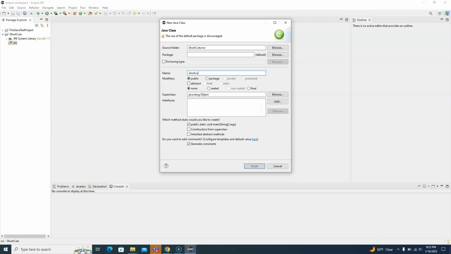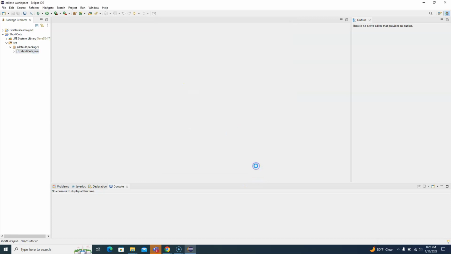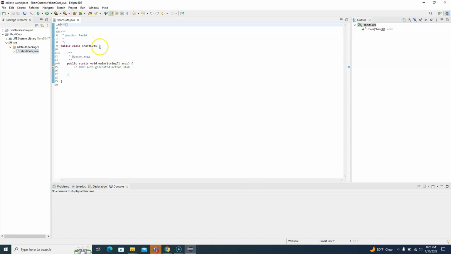And again, you're going to come up with a name. I'm going to call the file shortcuts, and I'm going to leave it as public. So if I finish it, as you can see, it's going to create my first class, which is called shortcuts, beginning, end of curly braces. And this is where you have your public static void main. Once I come inside my public static void main, that's my main method,